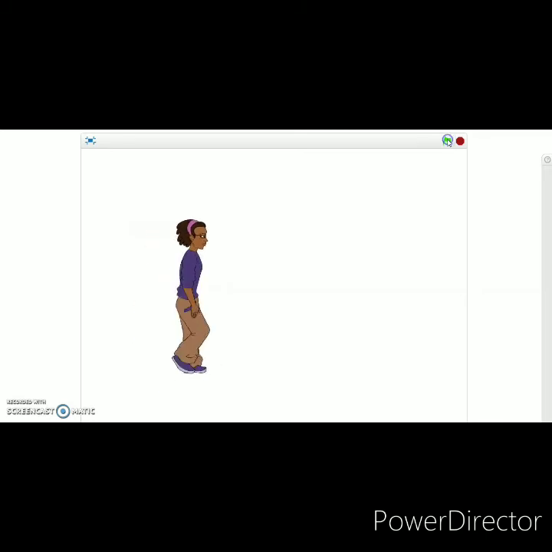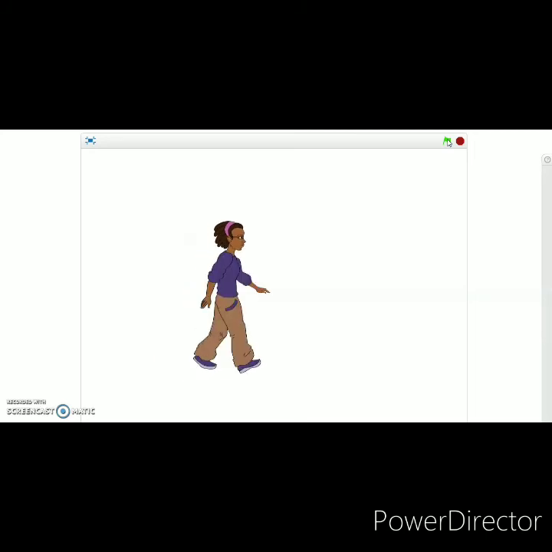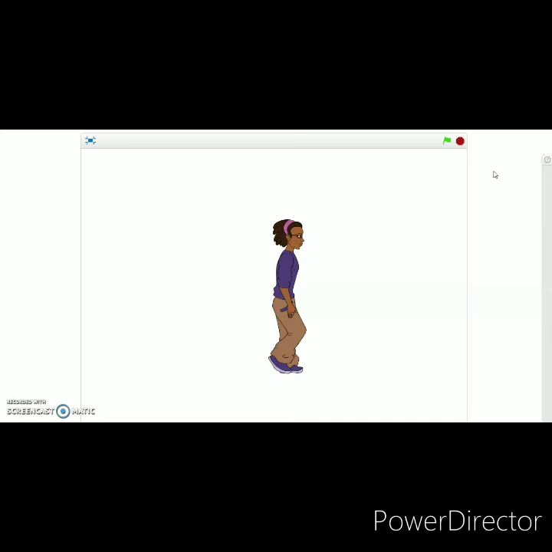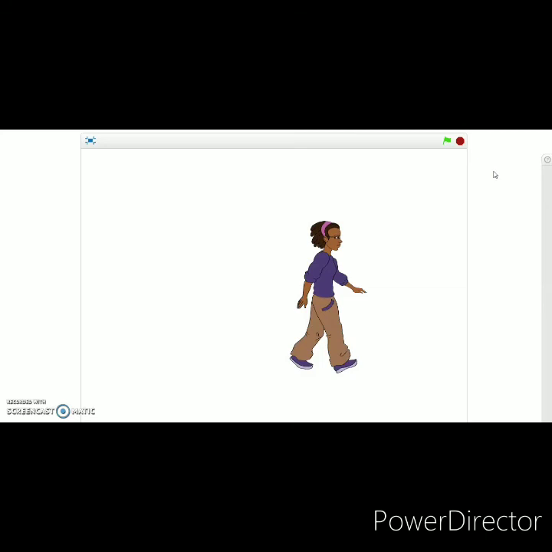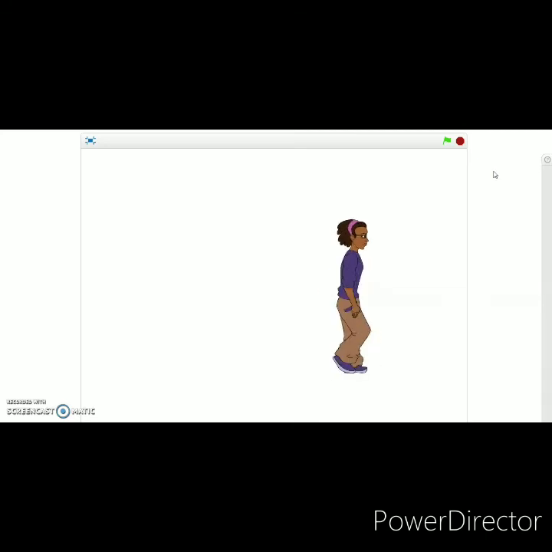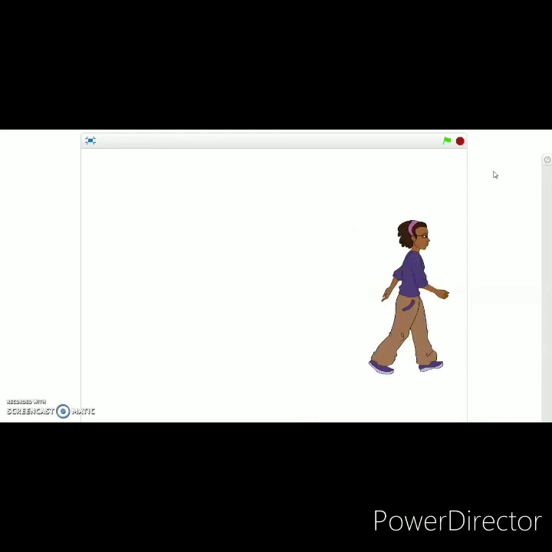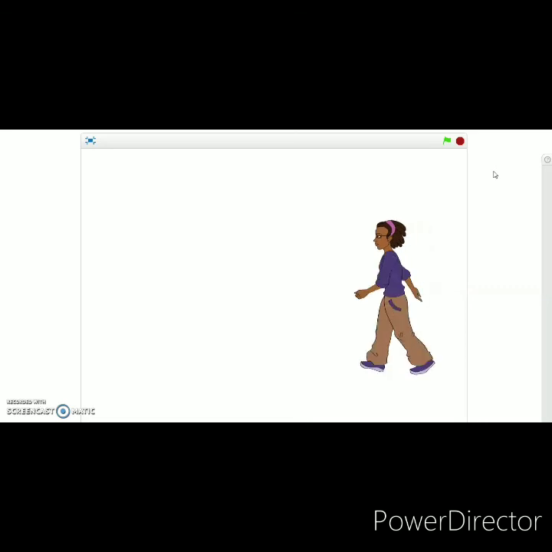You can see it looks like she is walking. You can see when the edge comes, she turns, means bounce.